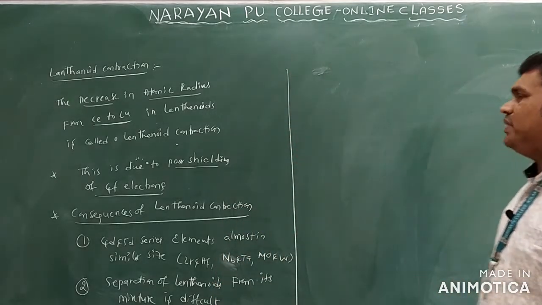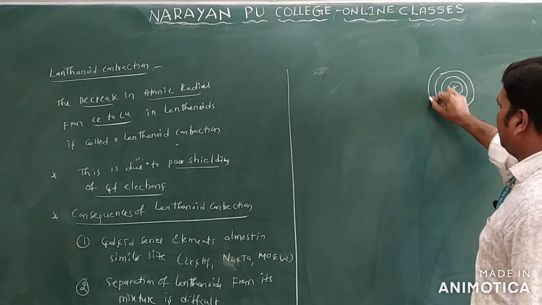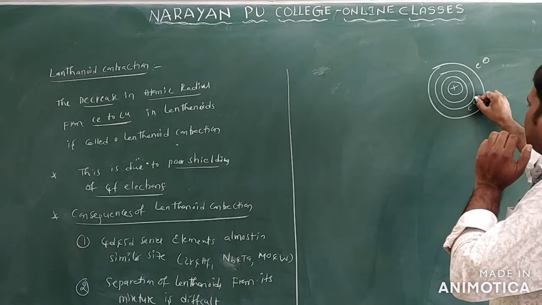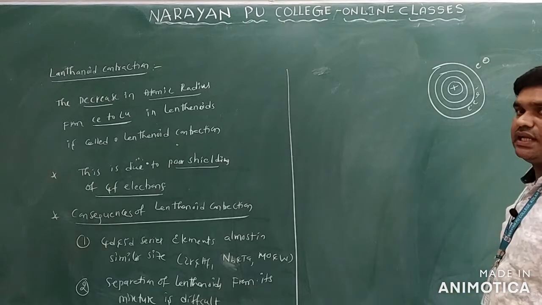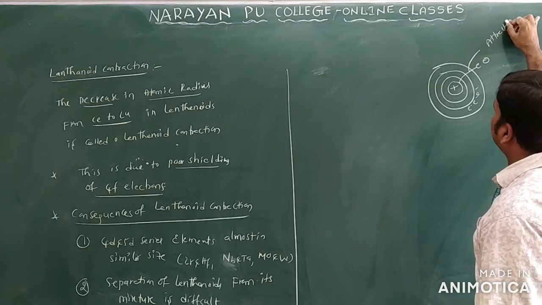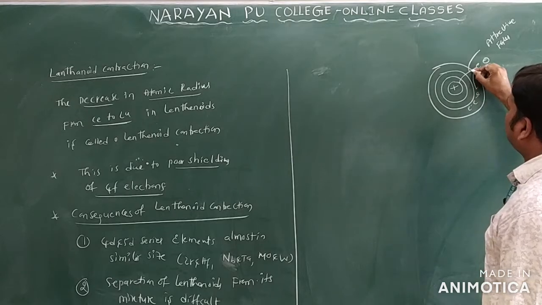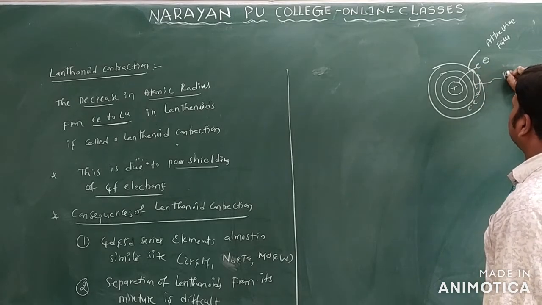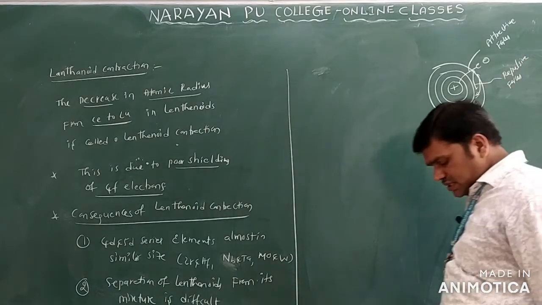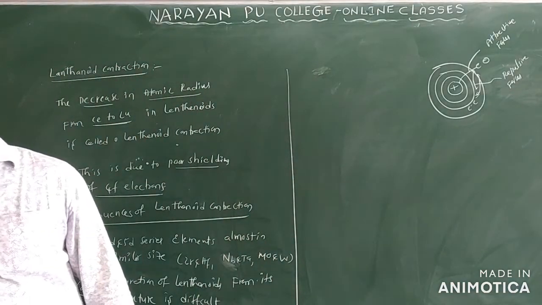Now we will see here one electron is at the center of the nucleus. This is the outermost electron. Here the electrons are what we call inner electrons. Between the nucleus and the outermost electron there are attractive forces, and from the inner electrons there are repulsive forces. So the concept I want to explain is the effective nuclear charge.